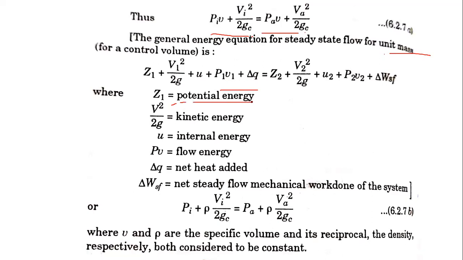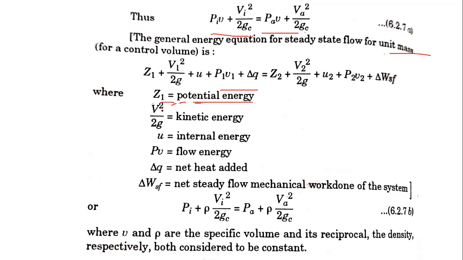When you are assuming the constant, that is between I and A, there is a thermodynamic state, and we are assuming that air density will be constant throughout the section. If you assume this, the pressure and temperature changes are very small when compared to ambient, so potential energy will be 0. By taking all these assumptions, we are writing this equation. So potential energy will be equal to 0 if you assume constant air density.